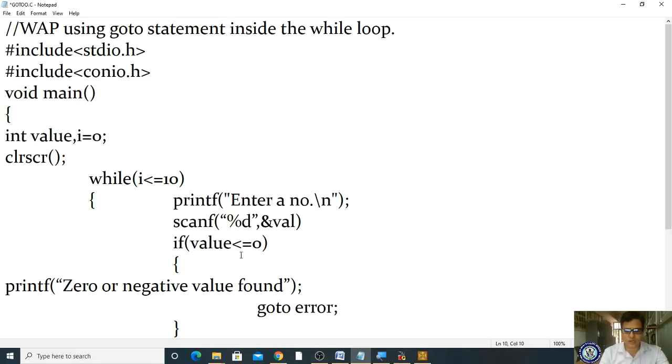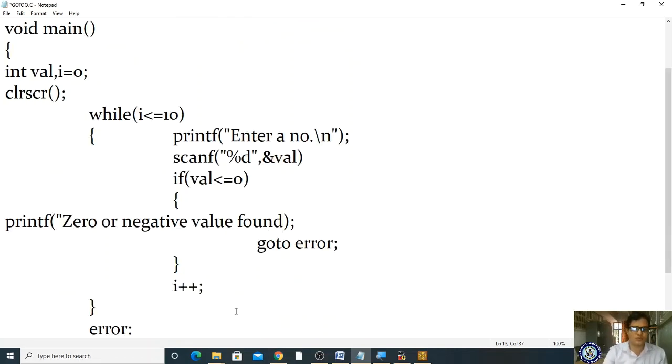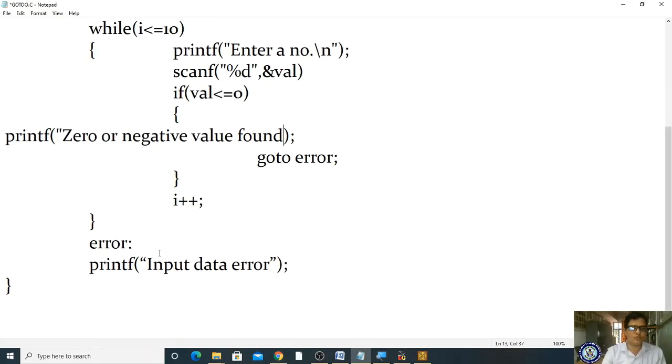To read a number from the keyboard, I have to use the scanf statement, and whatever number you are reading, you have to store in val. The variable is val. If val is less than or equal to 0, then it has to display 0 or negative found. Afterwards it has to go to error. If not, i value has to increment.